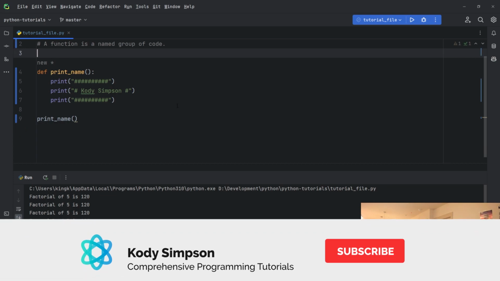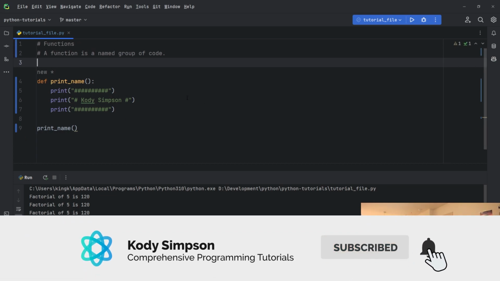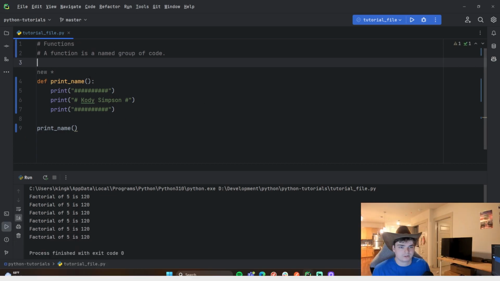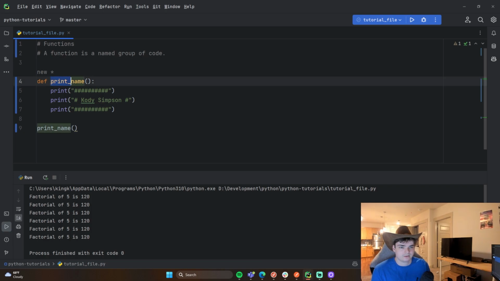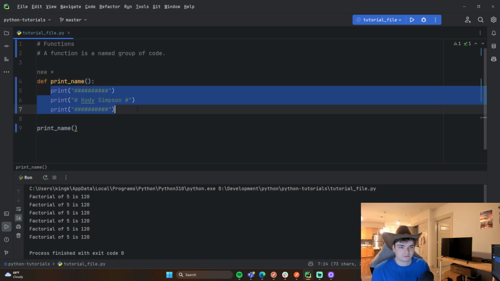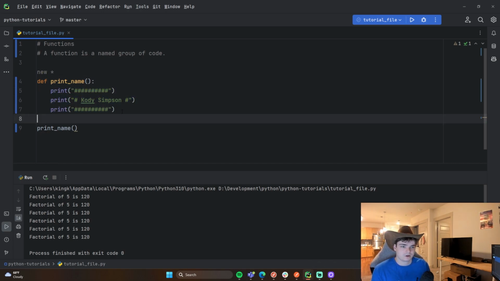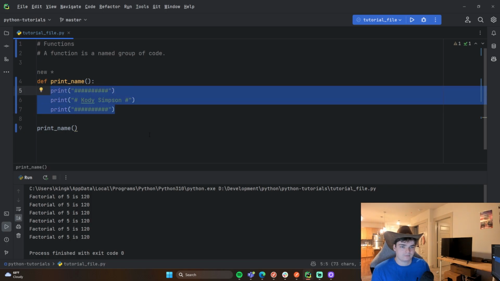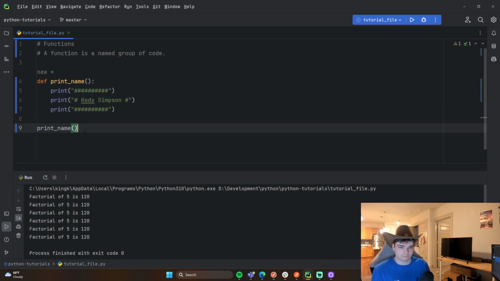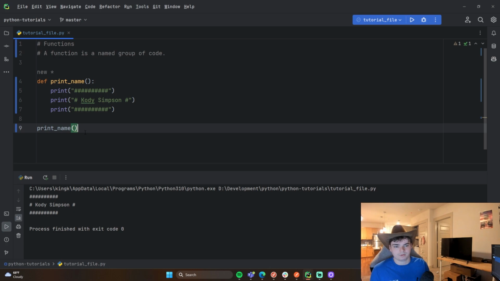So the final example I want to give you here is just a really basic example, a function that will print your name. So define, and then the function name, and then the parentheses, and then the colon, and then the body of the function, which is the code, okay? So the code will be run every single time you call the print name function. Really simple, right? So if we call print name, it should print out my name in a cool little block thingy. So if we can do this a bunch of times,